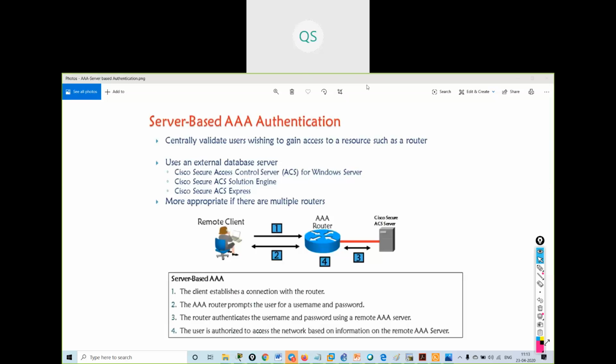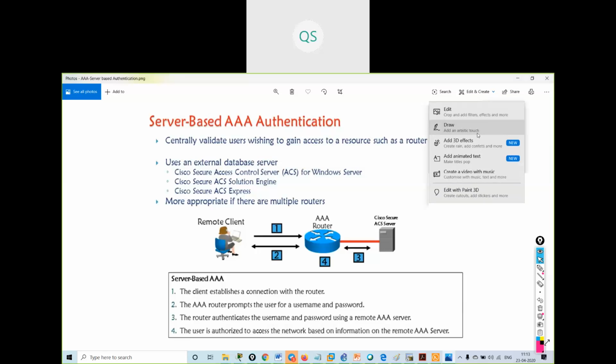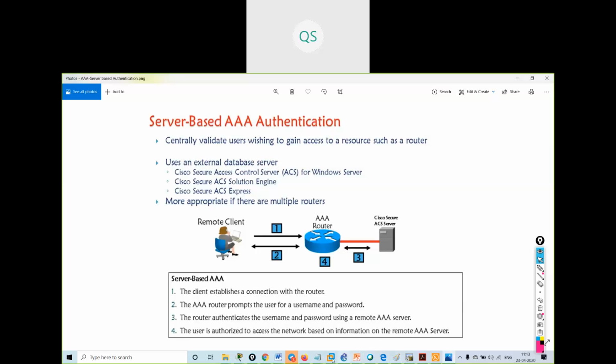Hari. So how will it get the access? It will get the access via the AAA server. See, this is my remote client sitting in the LAN network, and it is trying to access the router. What we have configured is a username and password, and we have stored the username and password on the AAA authentication server.